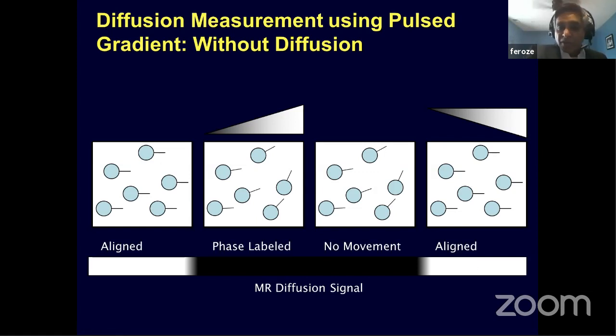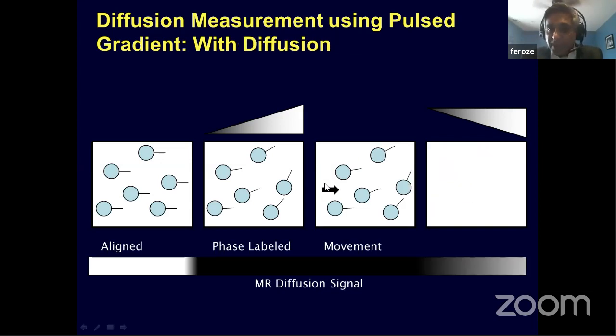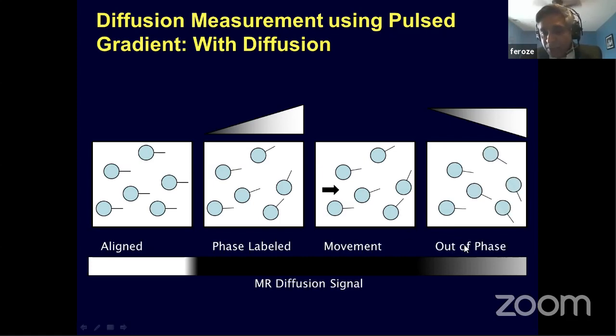So without diffusion, that's what I mean by no movement. However, just keep an eye on this particular slide, the third rectangular box. If there is any movement, right? If there is any movement, then your signal is not going to be pure white, but shades of gray, because the protons have gone out of phase and your gradient is unable to bring them fully in phase. It's a new phase that it is gaining, right? So it is this out-of-phase, shades-of-gray signal that you're obtaining